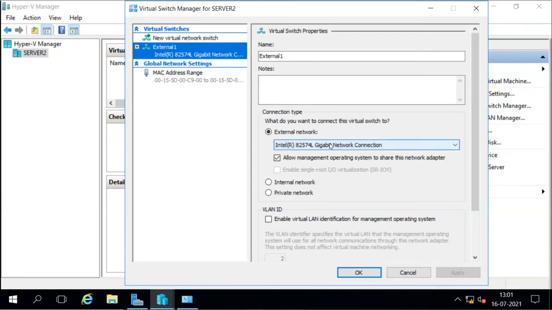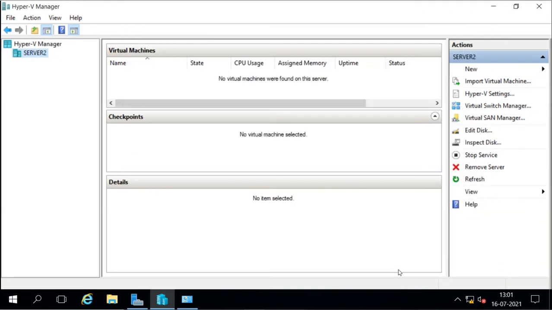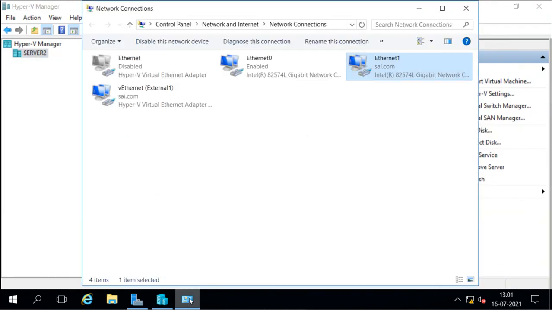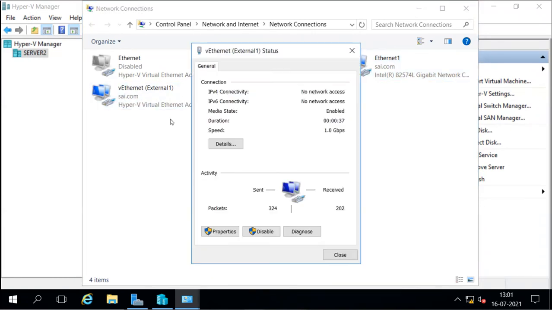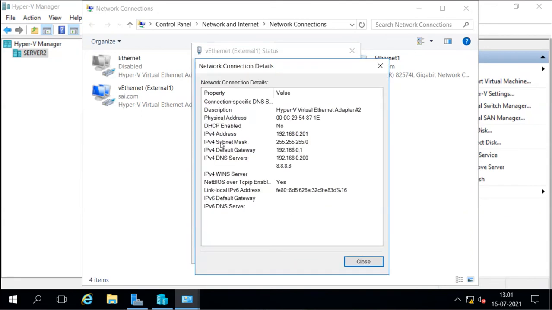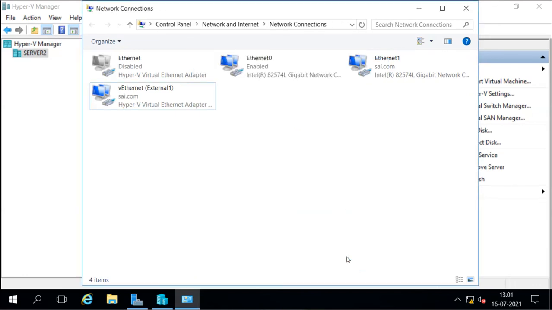So this is the external switch which is connected to this adapter, and when we check the settings for the adapter, it has created a new virtual adapter. We can verify the settings of this adapter, and it is the one which we want to use. So this is the one.